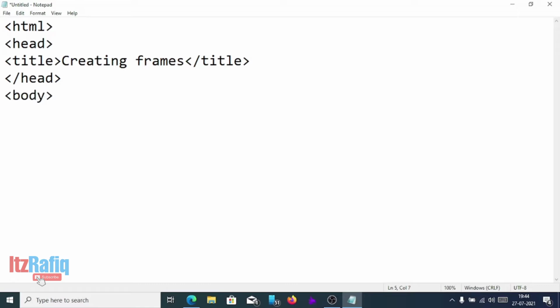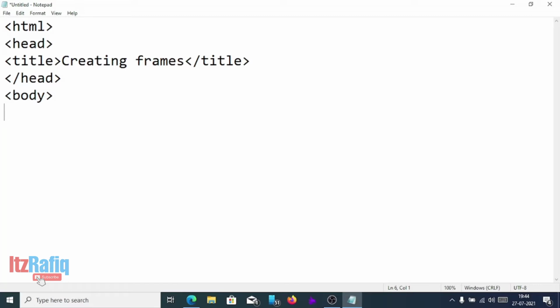Suppose in this example I am going to create two pages: difference between rem and rom. There will be two pages, one page for rem and one page for rom, and I will write the differences, and these two pages I will insert in the main page.